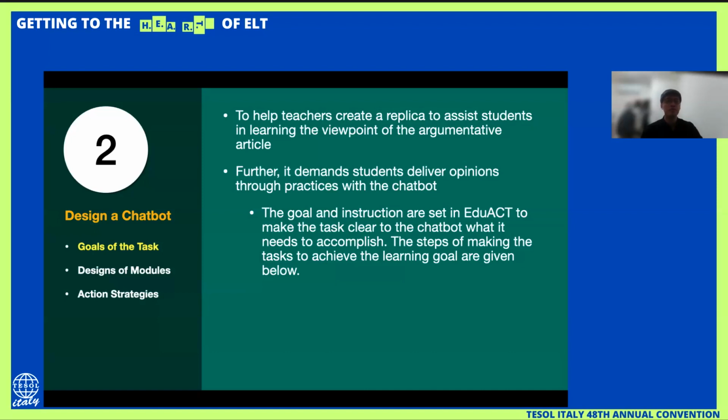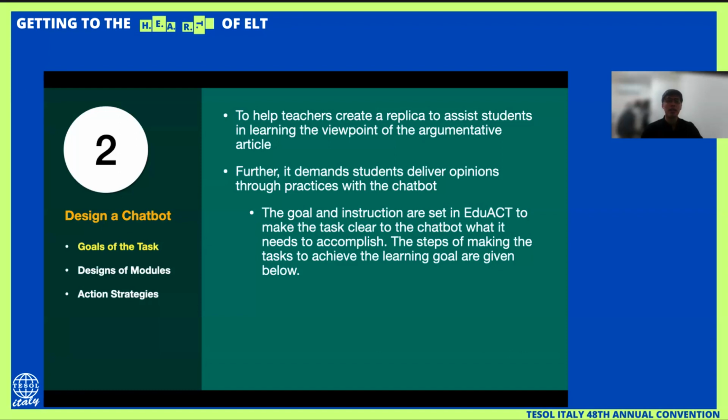So for example, in here we set the chatbot to help teachers to create a replica to assist students in learning the viewpoint of the argumentative article. And the argumentative article is created by ChatGPT, for example. This is to be more authentic than when we teachers try to adjust some of the articles that already exist in newspapers or magazines.